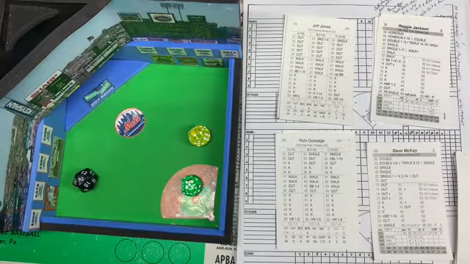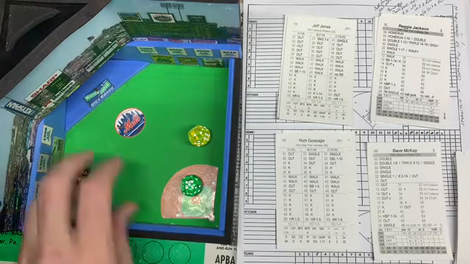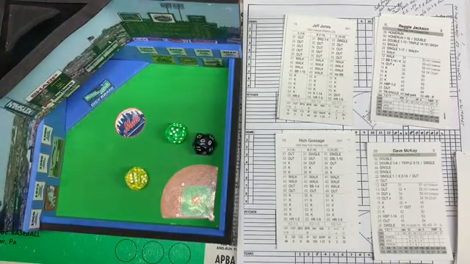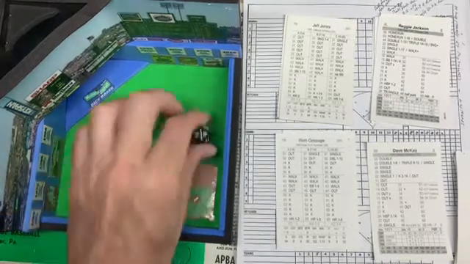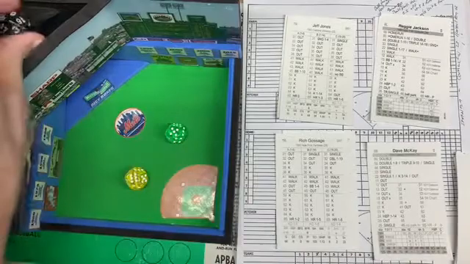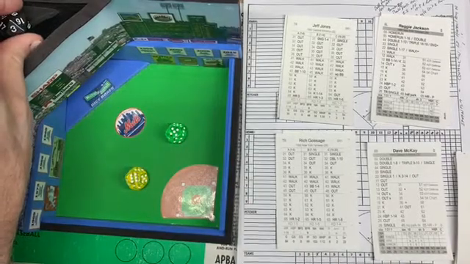inning. Reggie Jackson is up against Jeff Jones. Pitch from Jones. It's a 56. That should be a strikeout, and it is. Did we ever check Jones's stuff? No, we did not. So let's use that 10. So he has B stuff. Jones, B. And we'll roll a 56 was a strikeout regardless